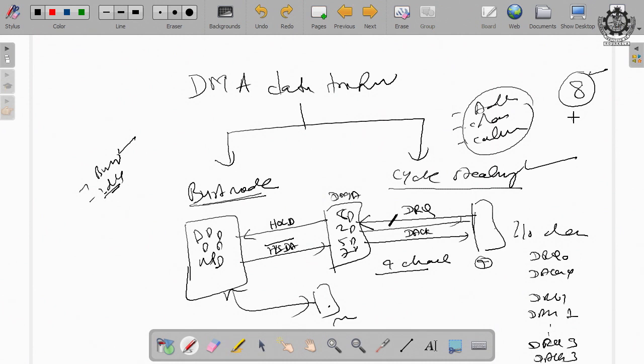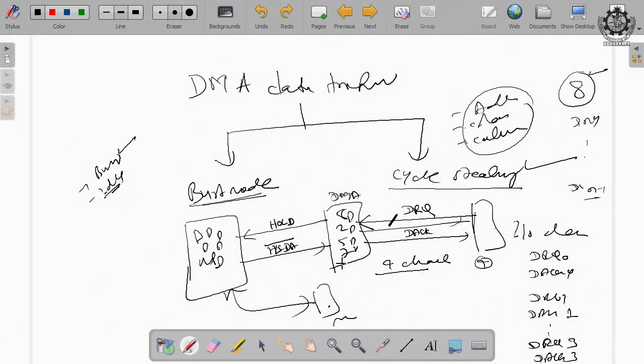And theoretically, we can start from device request 0 to device request n minus 1, device acknowledgement 0 to device acknowledgement n minus 1 for other microprocessors like Motorola, Zilog, and so many other kinds of microprocessors. But as far as the Intel series of microprocessors is concerned, DMA controller 8257 is compatible starting from the lowest version till today's highest version of the microprocessors. Therefore, it always supports 4 channels. So, device request 0, device request 1, device request 2 and device request 3, and for every request there is an acknowledgement. Am I clear?